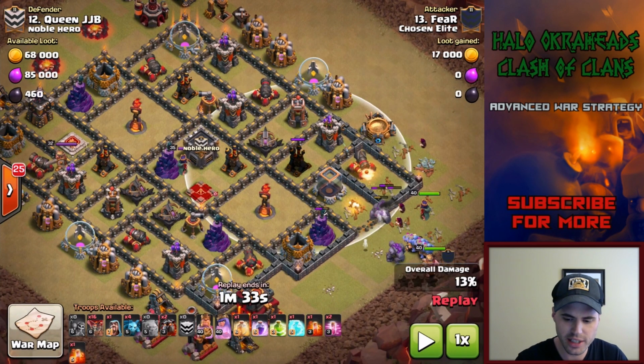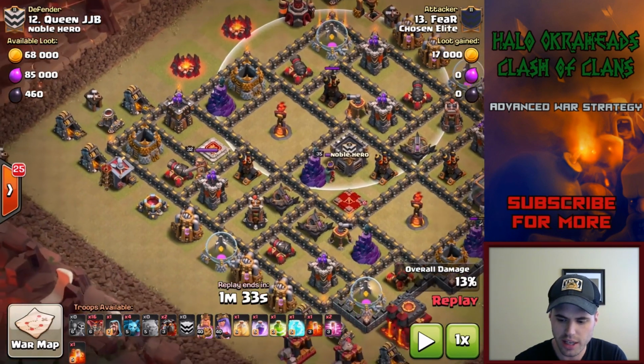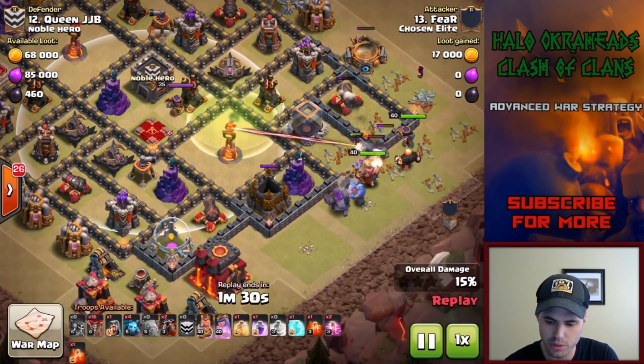If you come in on this side to the north, you won't have that. They're not as close, and the queen is on this side as well. So nicely done. Going to get an Inferno Tower as long as the funnel is there. However, this gold storage,